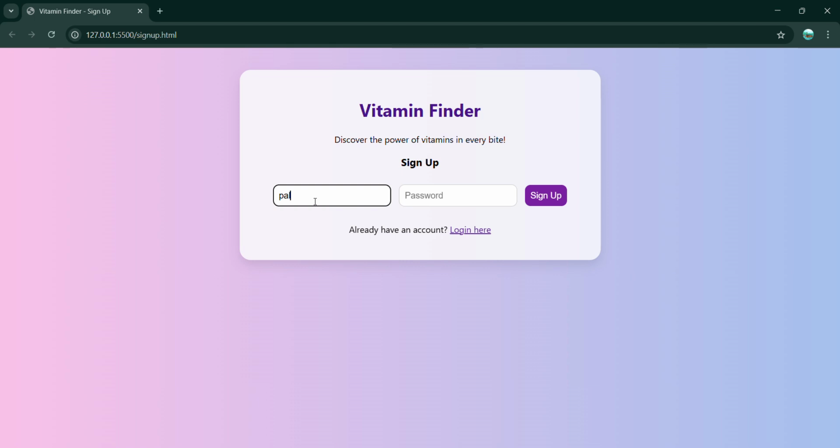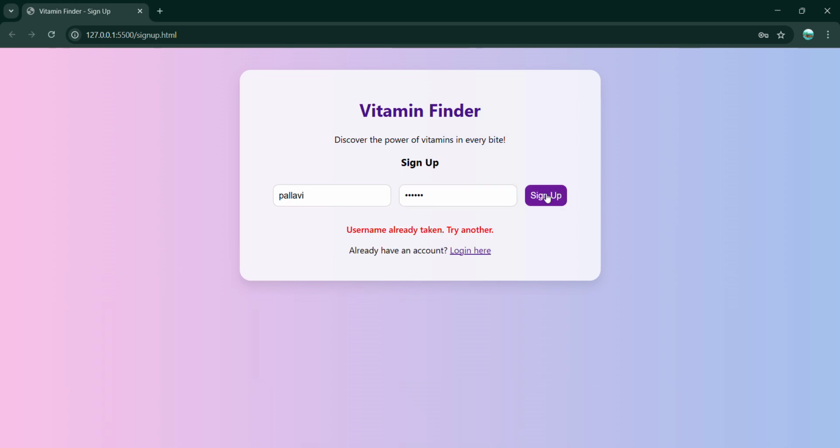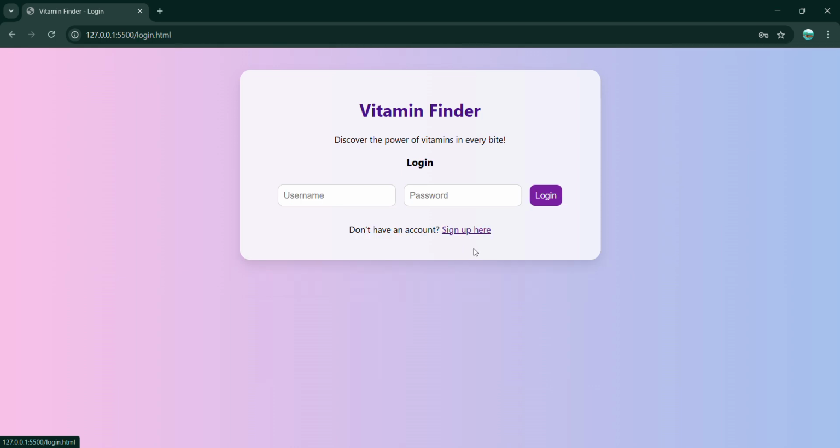Let me enter the credentials. It's showing username is already taken, try another, because I have already created an account on our website to check the working of it. So now I'll log in to our website using the credentials which I used before.